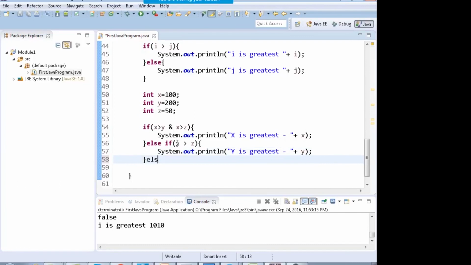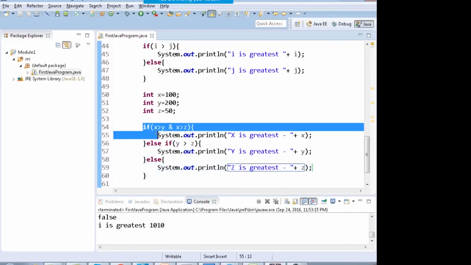Otherwise, if nothing is there, that means z is greatest. So I'm not taking a scenario where all three of them are equal. For that you'll have to write some extra code, but this is just an example to explain how nested if else can work.